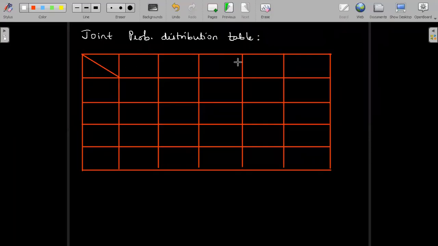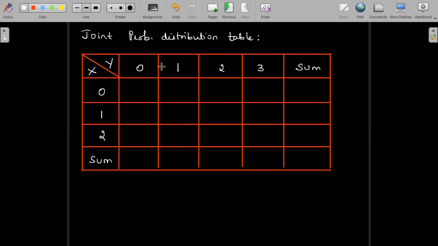Right, here is the joint probability distribution table created for you. So we have x and y values. Let us write down all the x values. X ranges from 0 to 2, so 0, 1, 2. And then, as usual, we will be writing down the sum here. Similarly, here it will be 0, 1, 2, 3, because y values range from 0 to 3. And again we shall write down the sum here, meaning f of xi and g of yj respectively.